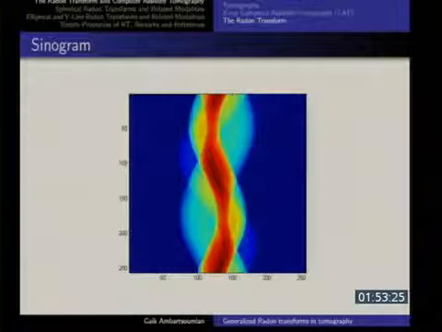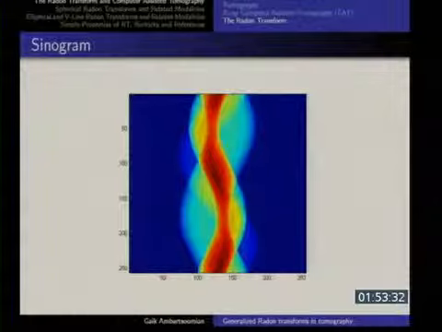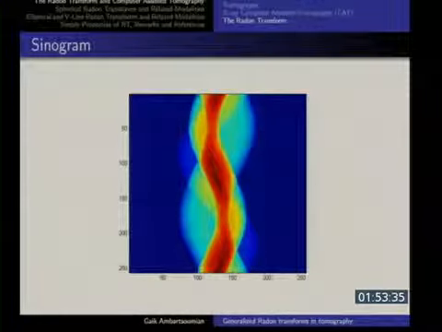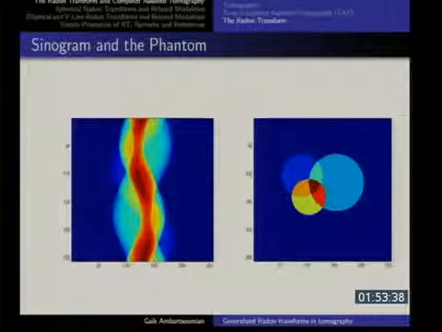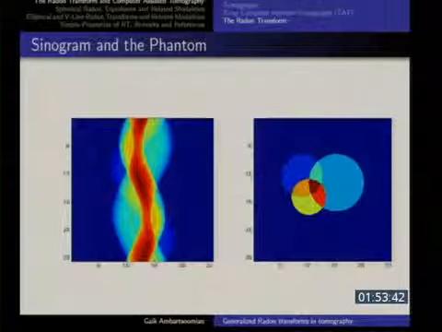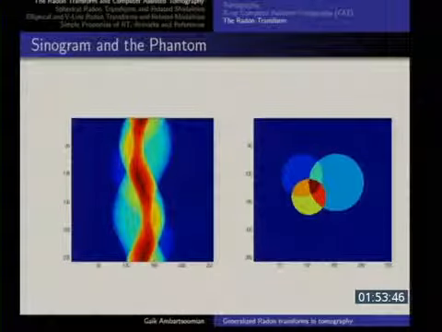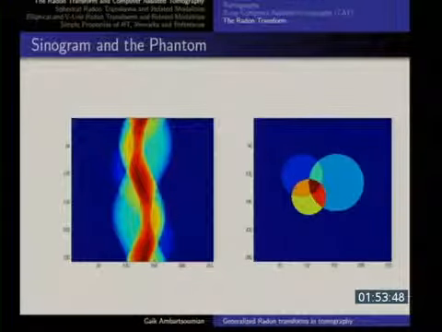It's impossible to say, I'm joking. If you guys could do that, then every hospital would love to have you. The whole point of doing what I'm going to do is that just looking at this, it's impossible to say what the function was. So here's the function. There is no way to look at this and say that the function looks like this, right? It's a simple thing, it's just some circles, a union of circles. The colors correspond to the values.